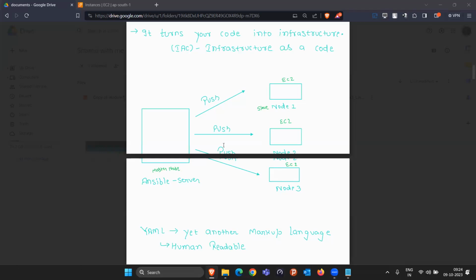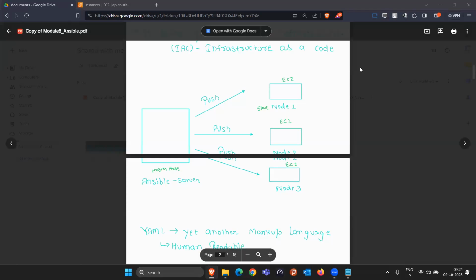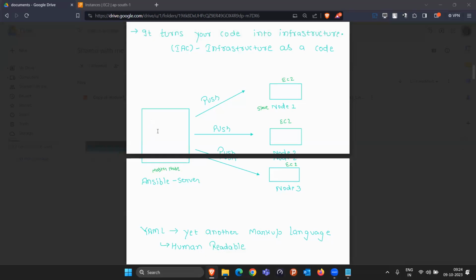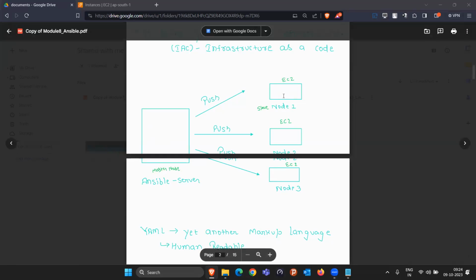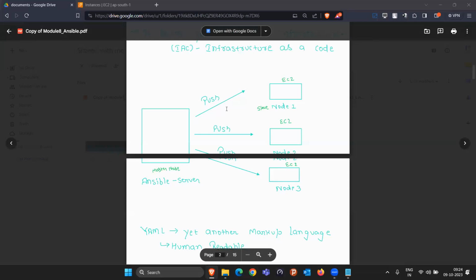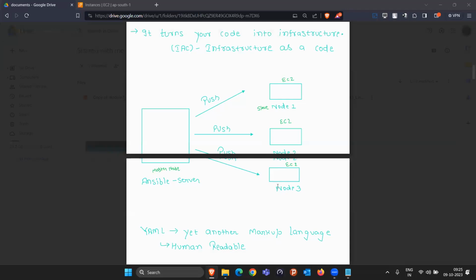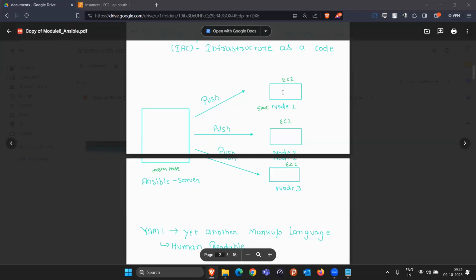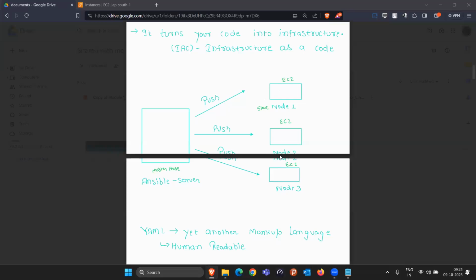So that's basically the limitation here. But in the case of Ansible, it is not like that. If you want to use Ansible with these EC2 instance machines, you don't have to install Ansible here, here, and here. No, because Ansible does not depend on their software. How does Ansible log in to these EC2 instances? It uses the SSH protocol, and SSH is supported by all Linux machines by default. So it is not necessary to install Ansible on all the worker nodes.